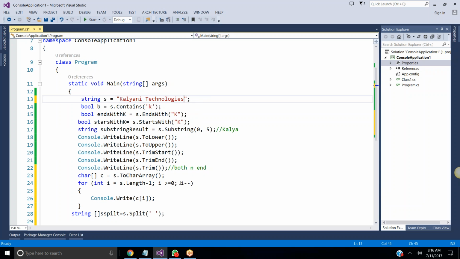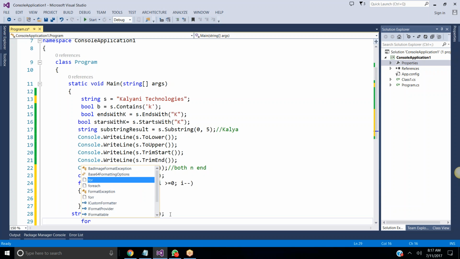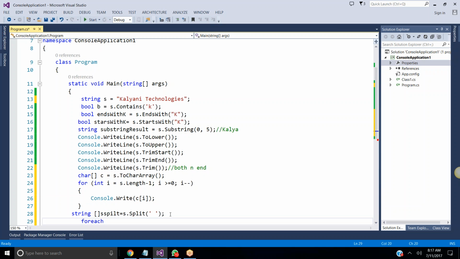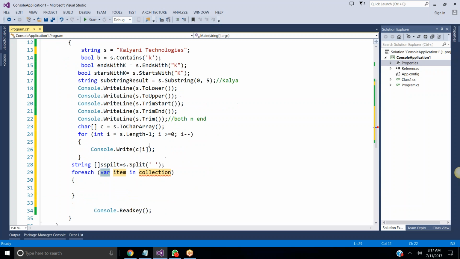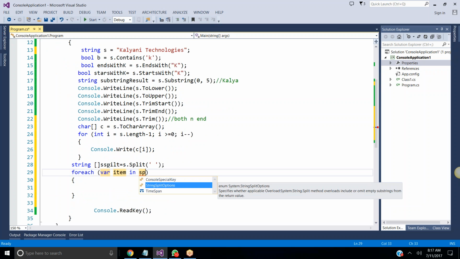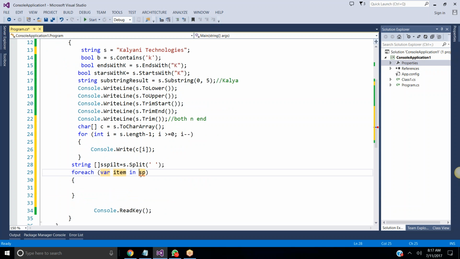Now I'm just trying to display the values with a for loop, and we'll use a foreach loop now. How to use the foreach loop in this case, all of you? For string, here a split, and a split is of what type? String, am I right?